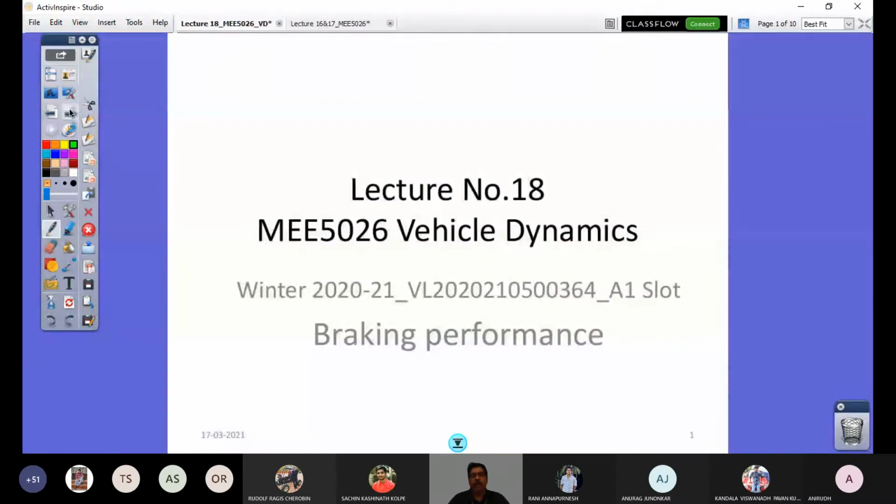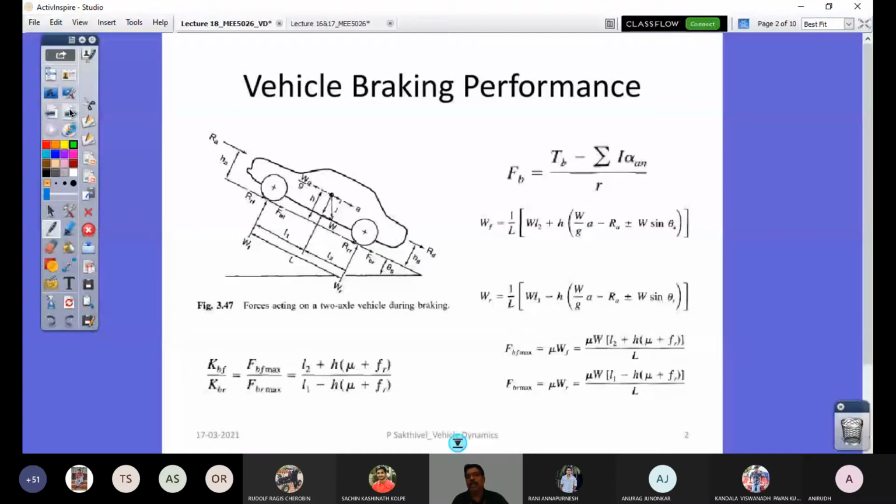Look at that. This is what we have seen so far, discussed. So in order to quantify your ideal braking scenario, you have to find out what is WF and WR from this free body diagram. Whereas this FB is coming from a tire free body diagram. So we were able to get this expression. The ratio of this expression should be for ideal braking scenario. This equation we have very well understood. That's what in the last class we have seen.